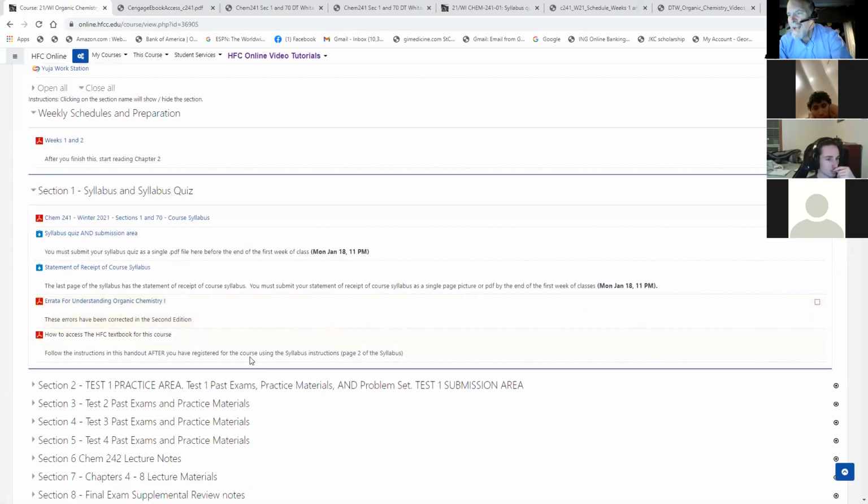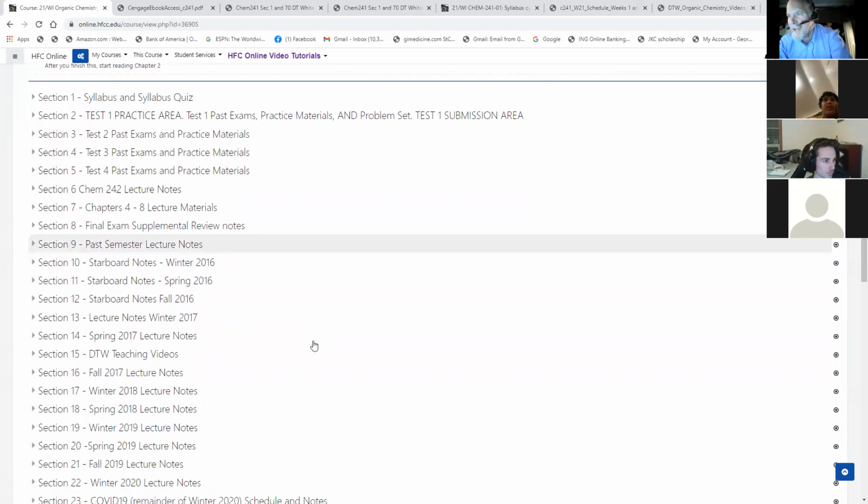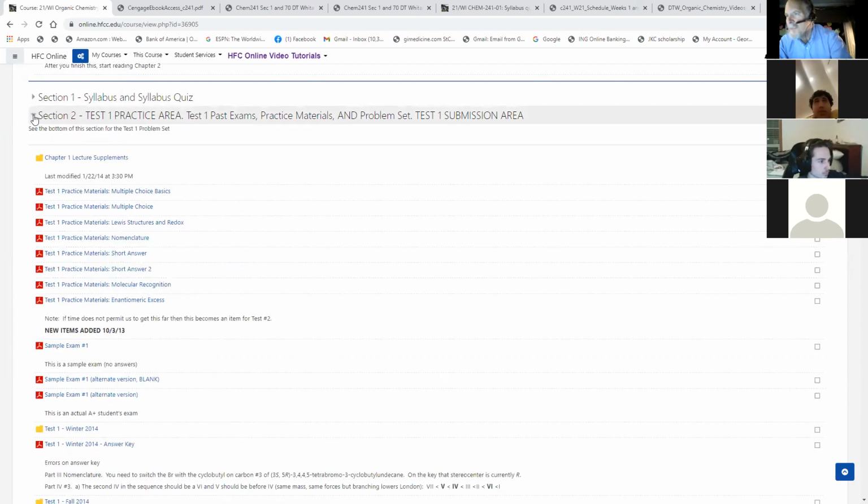And moving on, that's all course information stuff, and now we're all into organic chemistry. It looks daunting. There's a lot of stuff, as was correctly pointed out by a student this morning in his email. Do not panic. The first 4, sections 2, 3, 4 and 5, are very important. Let's just look at this one, since test 1 is our first test. And a lot of this is just review material,